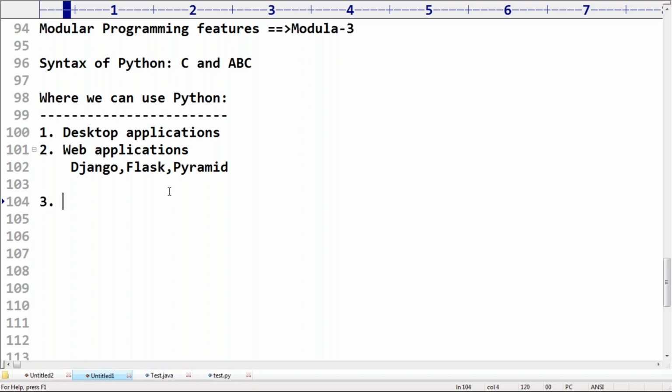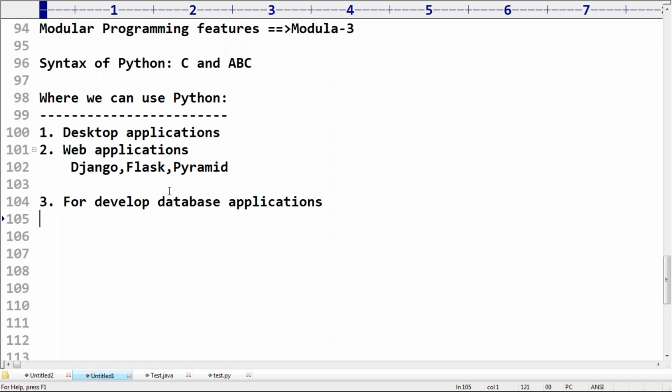Next, for developing database applications also, because Python can provide support for Oracle, SQLite, MySQL, almost all databases. The reason is very simple, sir.